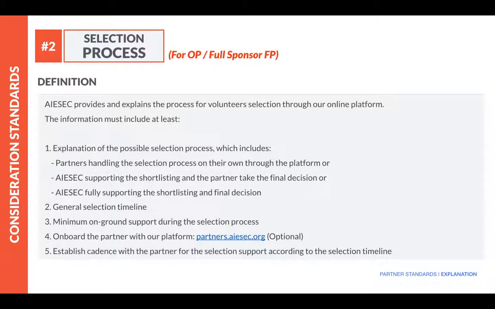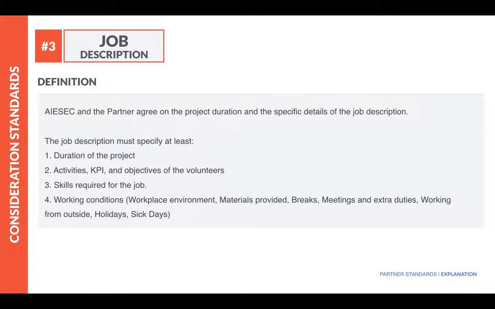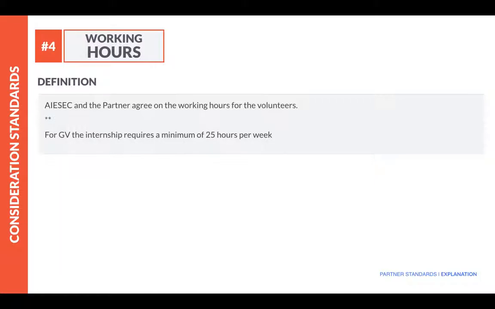Second, specifically for the selection process, this standard is only applicable for OP or full sponsor FP, where they actually want to sponsor EP. Okay, if it's, for example, a school, learning partner, or anything else, this is not relevant for them. Nice. So GAD discussion, and also your working hours, how many working hours each of your partners can